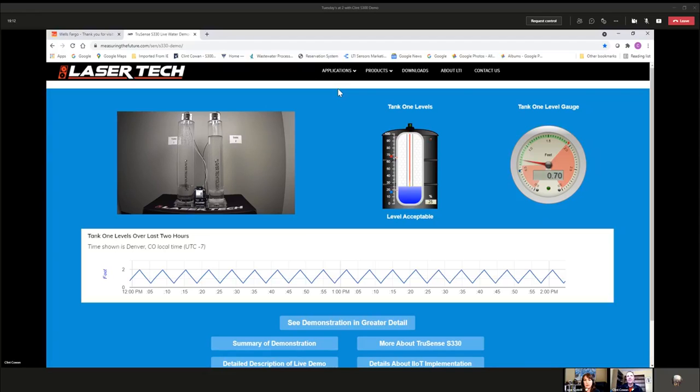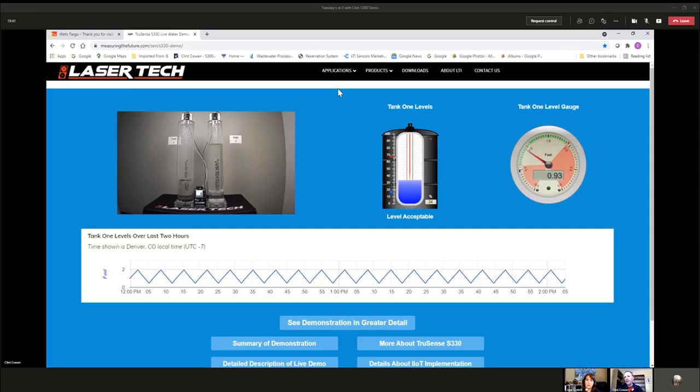So we're measuring the distance in tank number 1 in feet. And where we have the red, that's critical. It should not be operating in that area. In the green, that should be operating. And when it hits the high level, which is near 2 feet, it will stop and then reverse and go back the other way. And then the line, the graphic we have below, is what our performance in tank 1 has been in terms of level